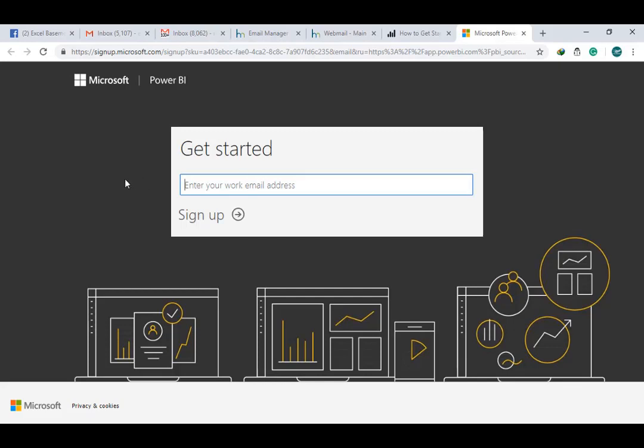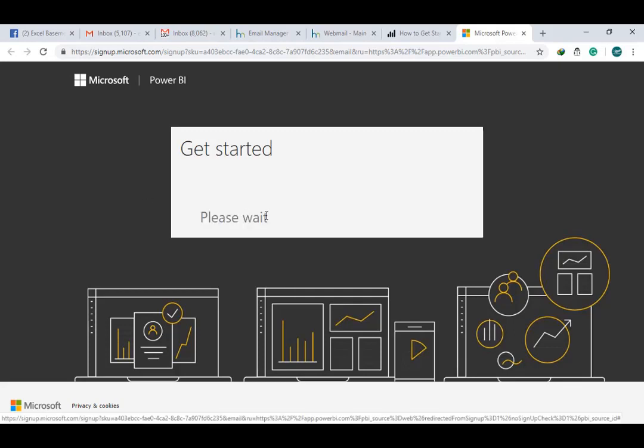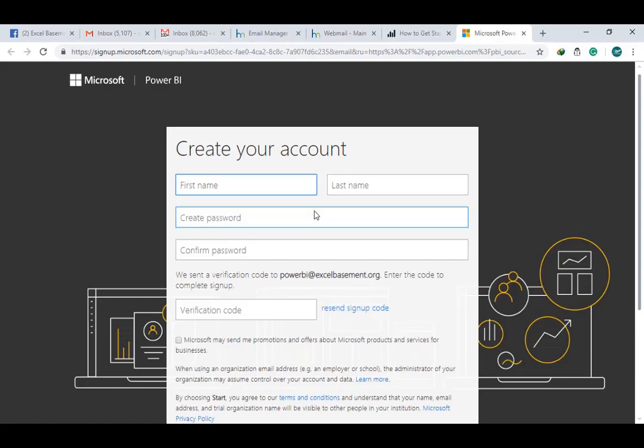So here I have one email address, which is powerbi@excelbasement.org, and I will click on the sign up button just to show you the demo of how it works. As soon as I click on the sign up button, it gives me the create your account form.